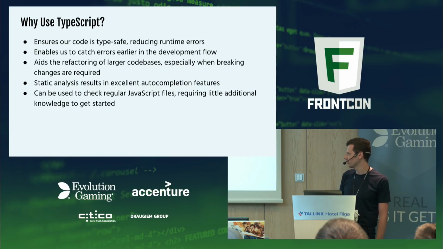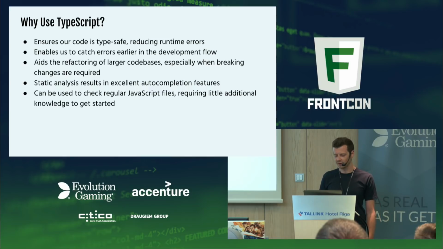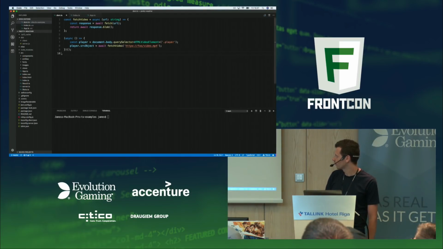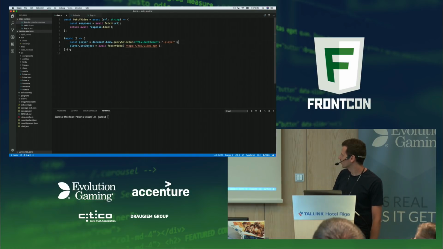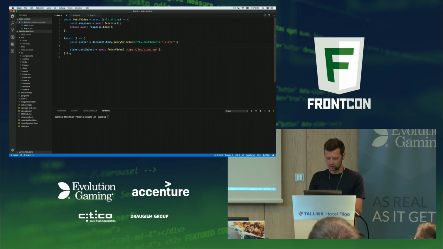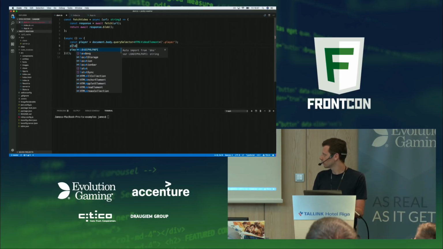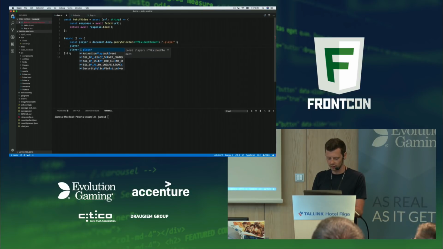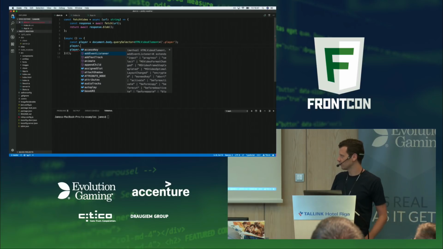Another benefit of static analysis is it provides us with excellent auto-completion features. So in particular, the TypeScript integration in VS Code is remarkable. And if I show you actually the example, so I've got this example in the browser. So what I can do is, if I try to request a property from player, so if I say player dot, we can see here we have all the type information for a typical element like add event listener, for